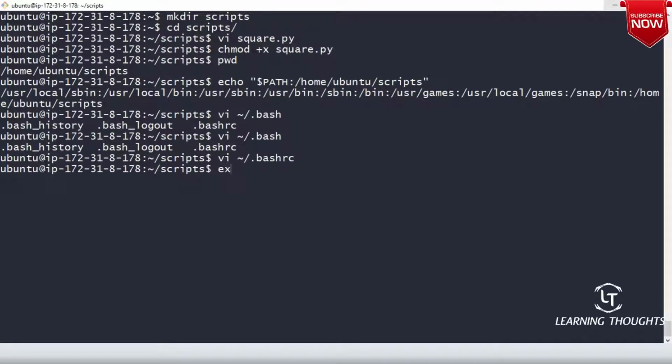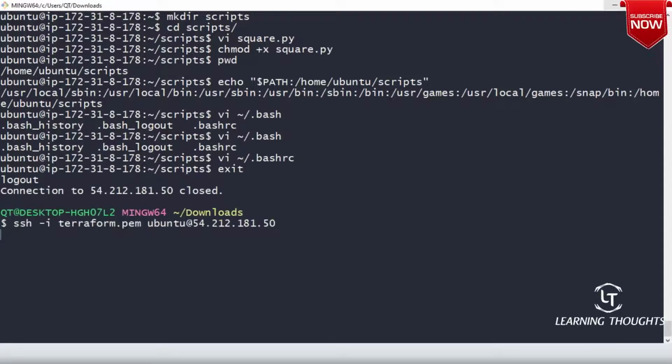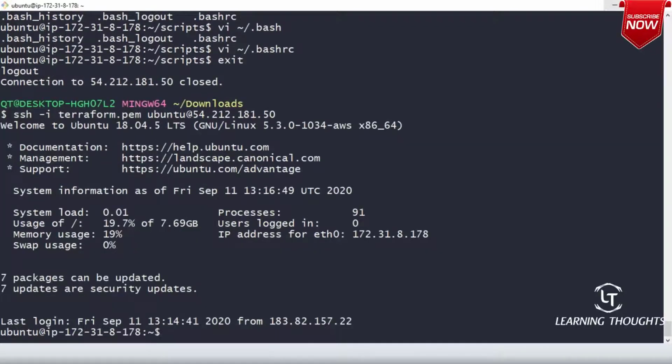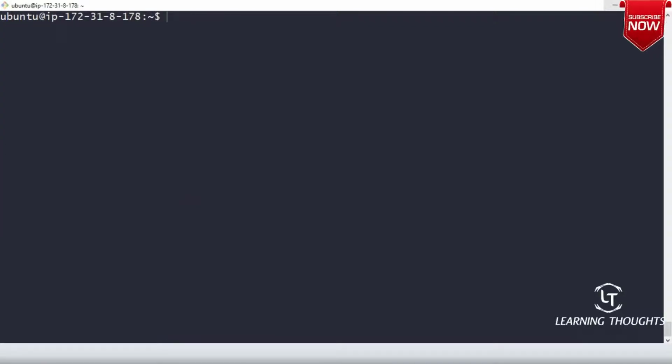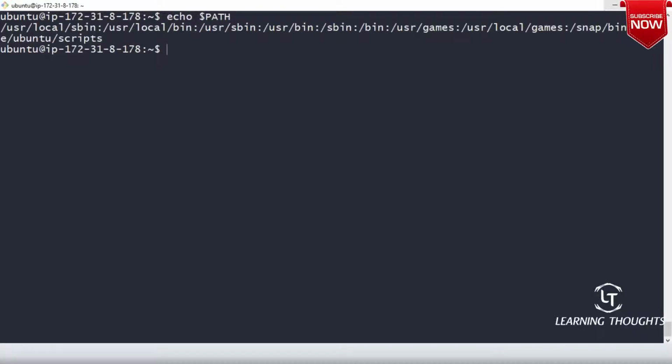Now, if you want, you can log out of the system and log back in, and then look at echo $PATH. We should be seeing the scripts folder at the last. The advantage is you can directly run the program which we have written. What was our program? Are you seeing square.py? Otherwise, you have to remember the path of it.